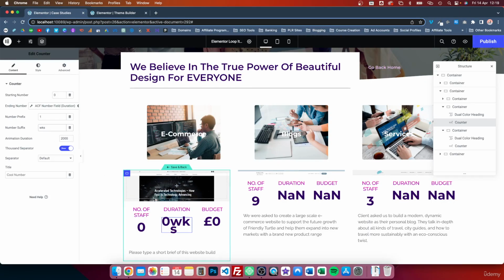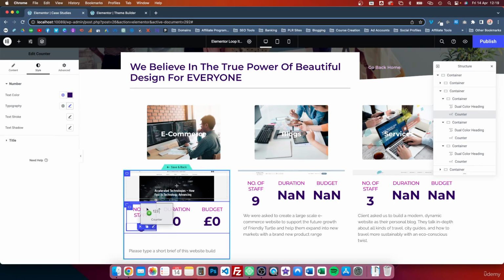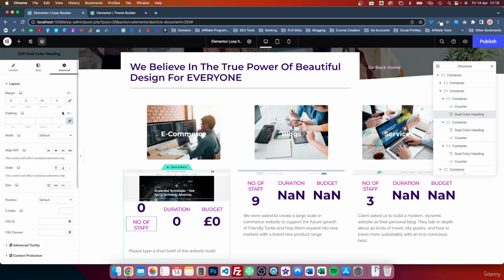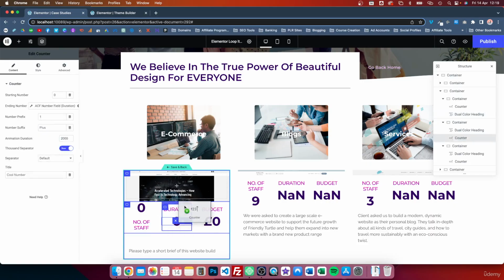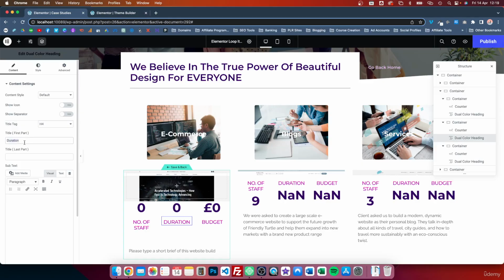So another option that we could do, we could actually go along and leave that. In fact, I think that I will edit this. So bear with me. Again, you're just seeing how my brain dumps work. I'm going to drag this counter to the top, and I'm going to leave that as 0 number of staff. That's not obviously 0. And same with this one. I'm going to flip the order, because this way is going to keep all of those number counters in line as well. So £1,000 budget, we can change this 5 weeks